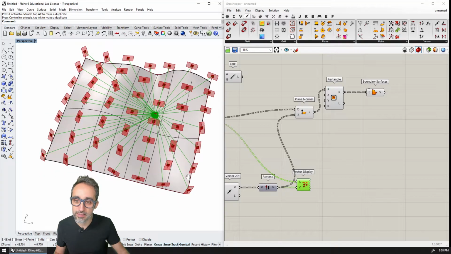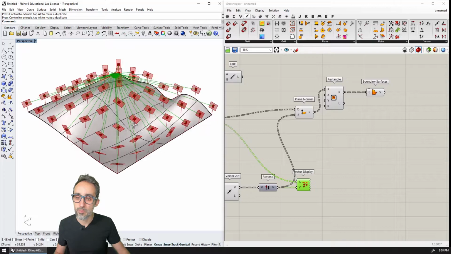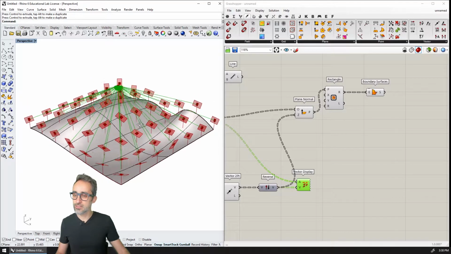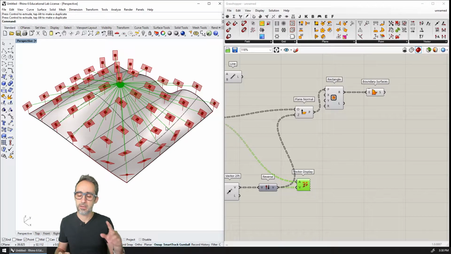It's working. The panels are perpendicular to the sun, but can you see something not totally okay here? Is there something that we could improve? Give yourself a minute to think about it. I'm going to give you some time. You can pause the video and give it some thought.